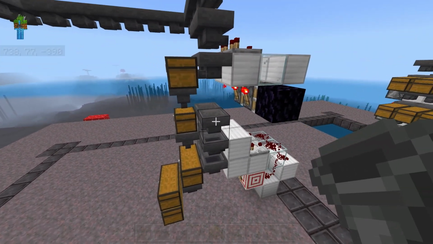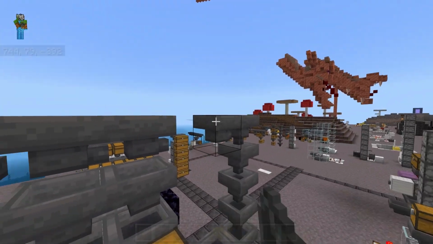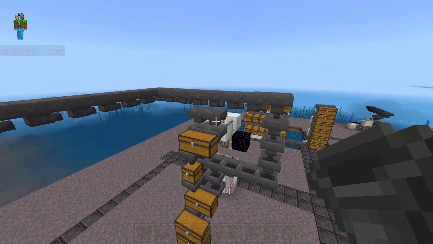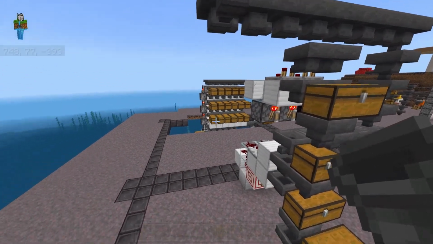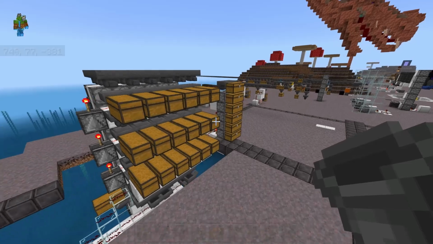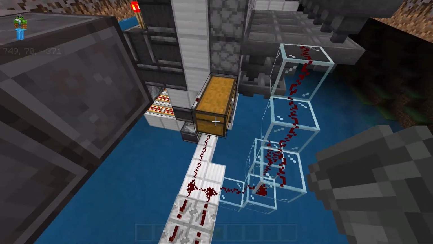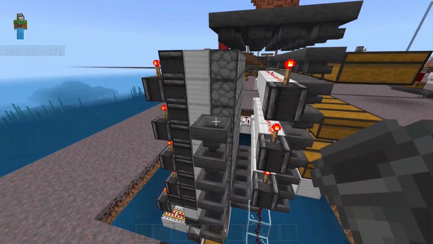Now also keep in mind that you will need to weave your intake line in between your item sorter layers if you are stacking them. So it's going to need to go down and then back at some point, and the intake lines are generally going to be directly underneath each other. And we also need to keep in mind where our output is going to be, especially if you want a multi-item sorter near the output, you're going to need to funnel your intake line all the way over here at some point.